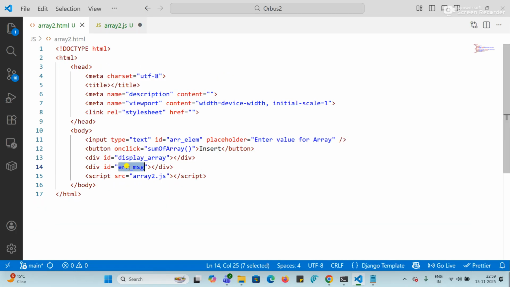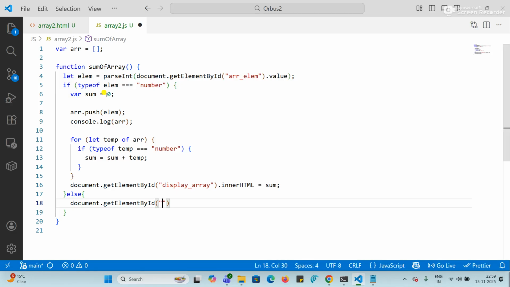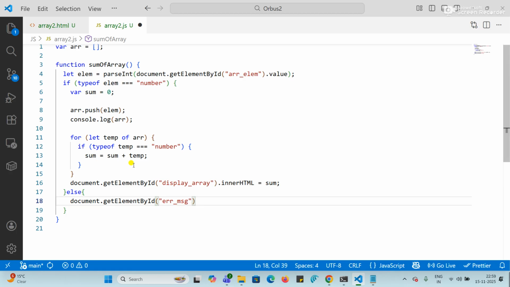So id is error_message, right? error_message dot innerHTML equals to, say, h1, please enter numeric value. Close the h1,